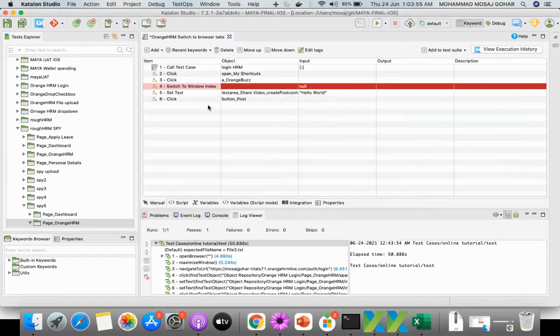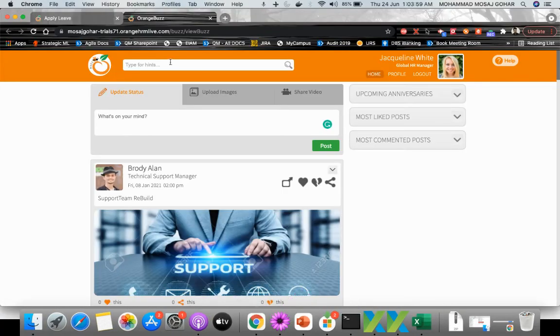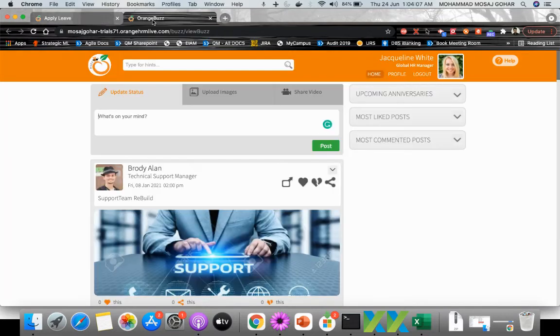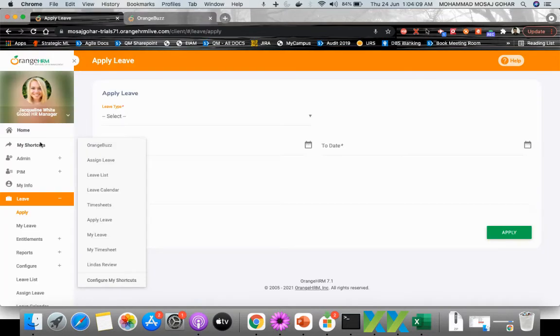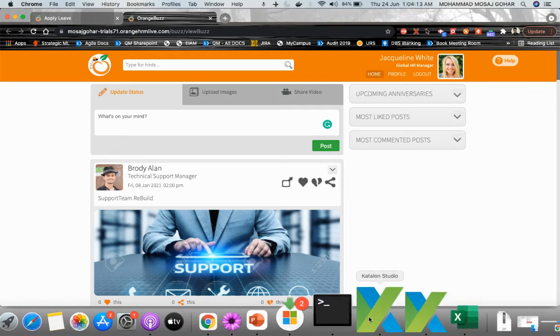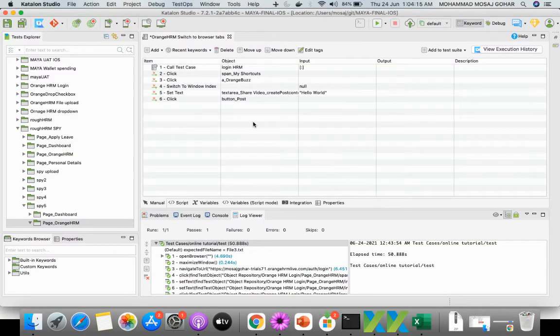So let us say we want to go by index first, right? Let me explain the concept of index a little bit. In Katalon, the very first application or the very first window will have an index of 0, and it will increment by 1 for the subsequent windows. So the main one would be index 0, and this one would be index 1. Katalon does provide some features, like you can get all these title and window values while the application is running.